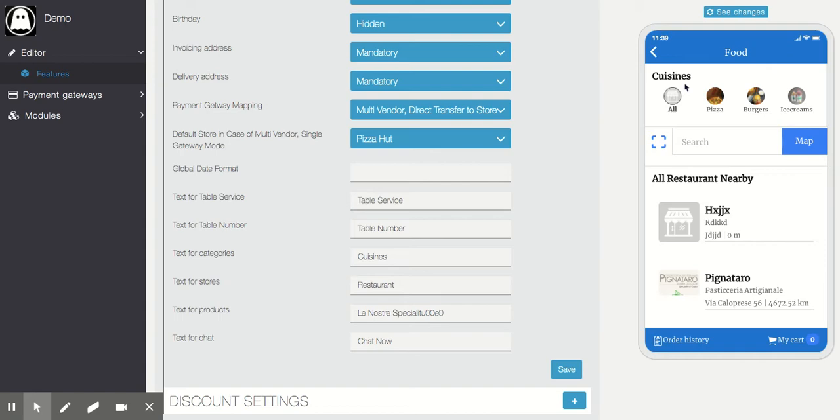First of all, I would like to show you some settings. As you can see, this table service label you can change. You can call it umbrella service, suppose you want to use it for umbrella booking. The same way you can change the umbrella number field, and you can use it for a canteen in colleges or big institutes, where you can just mention it as an employee ID or something like that. So it becomes flexible.